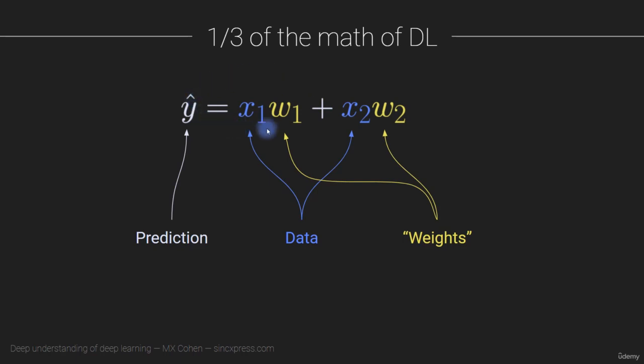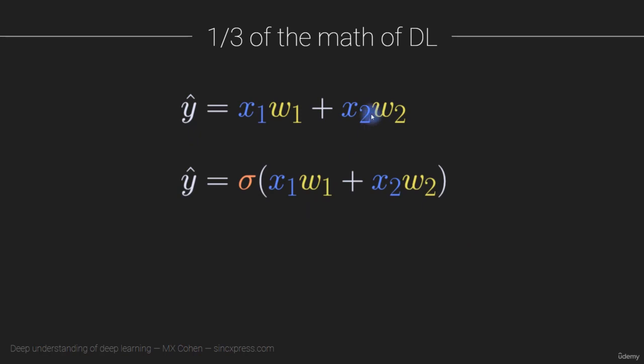Okay, now this equation here is linear. It has multiplications and sum, which is the definition of a linear model. So a model that looks like this, that has this equation, can solve linear problems, but not nonlinear problems. So therefore, in deep learning, we add a nonlinear function to this linear expression. So we take the linear part of this equation and we pass it through some nonlinear function, which is what